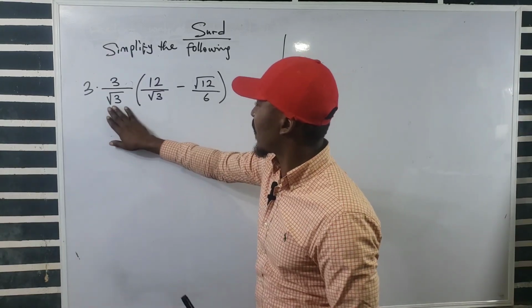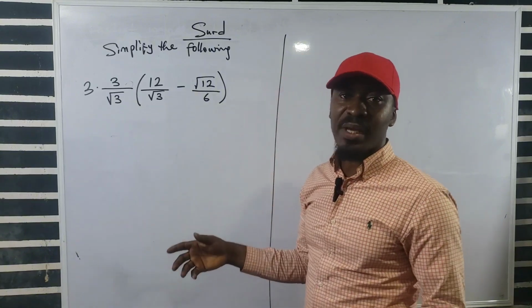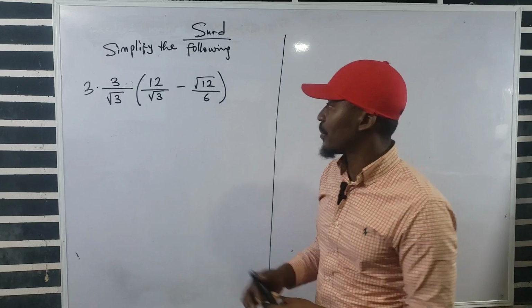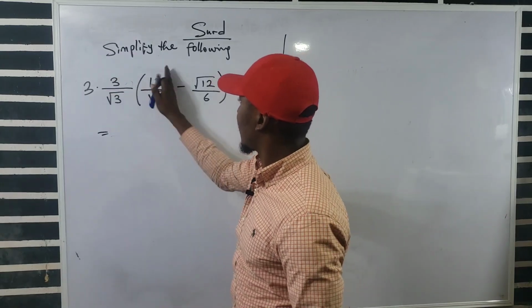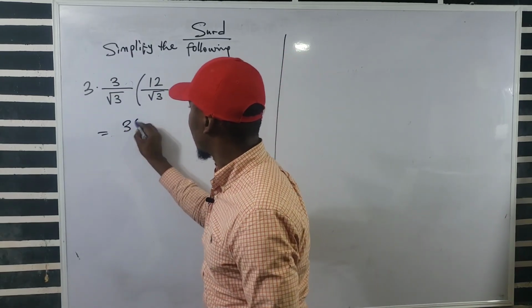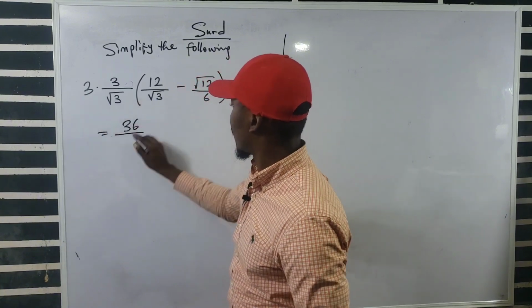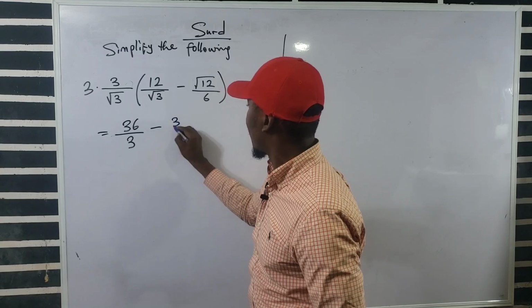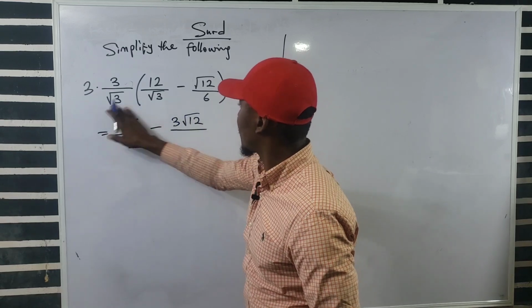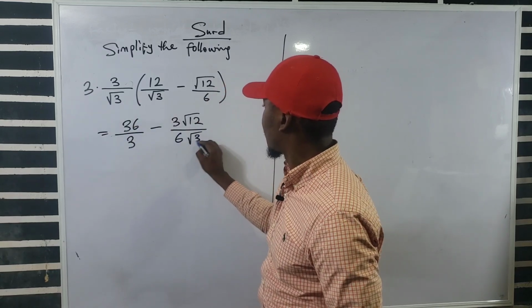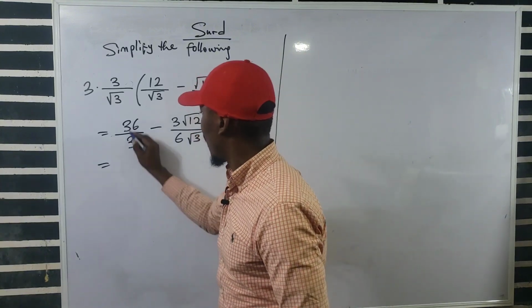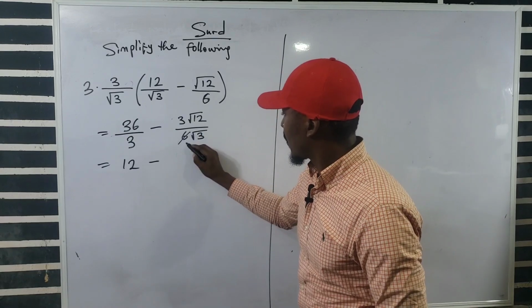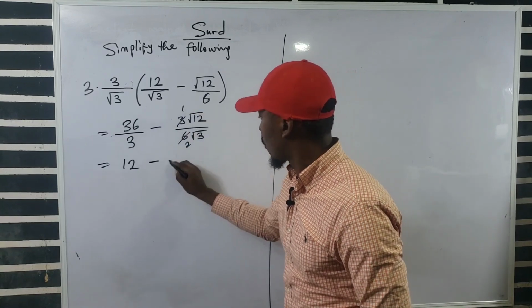Now you have a bracket, you have a number outside. So the same way you open your bracket, that's the same way you're going to do this, but you are going to put the surd in consideration. So when you multiply this and this, you are going to have 36 over, so 3 times surd 3 will give you 3. Then you multiply this and this, 3 times this will give you minus 3 surd 12 over, this and this will give you 6 surd 3. Okay, so this will give you, here we have 12 minus, so 3 here will give us 2, 3 here will give us 1. So we have surd 12